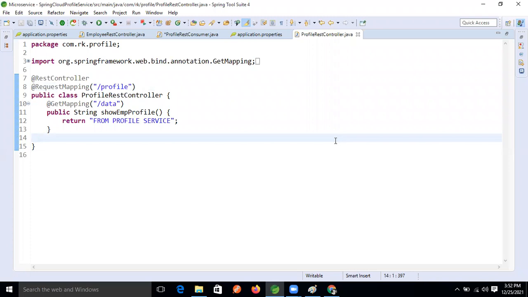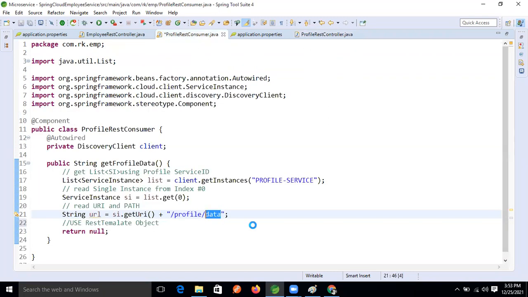Yes, we can run multiple instances of the same service. I explained that in the first session, I think first or second session. Don't worry, I will show it as a practical; our practical is not completed yet. Good question.